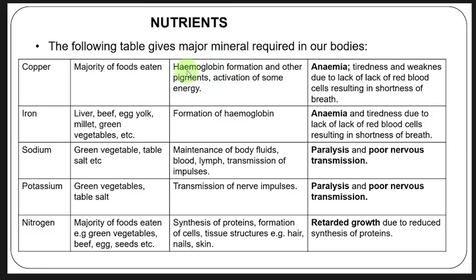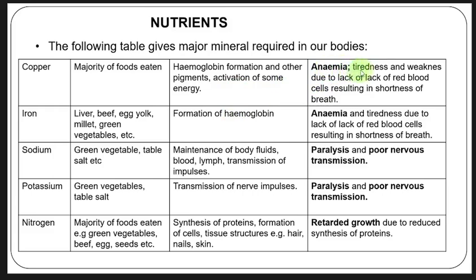It is in the hemoglobin formation and other pigments, also activation of some energy. Hemoglobin is a red pigment found in red blood cells that helps to transport oxygen throughout the body. So the formation of hemoglobin requires copper. That's why copper is very important in our diet, and lack of copper causes a deficiency disease called anemia, and